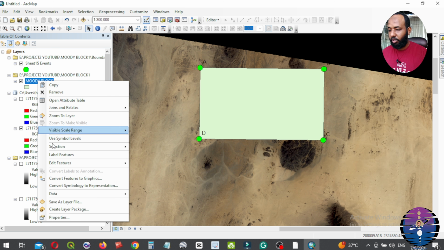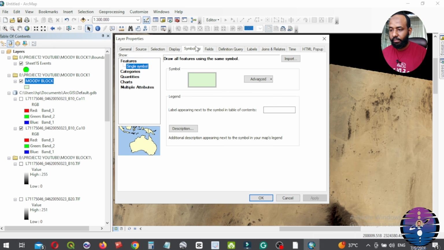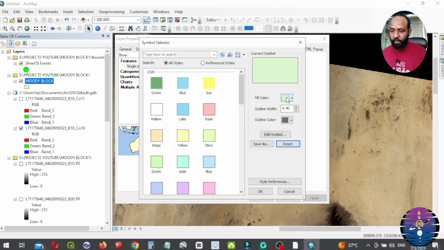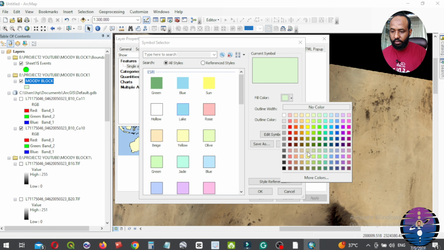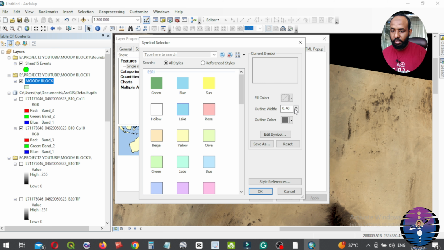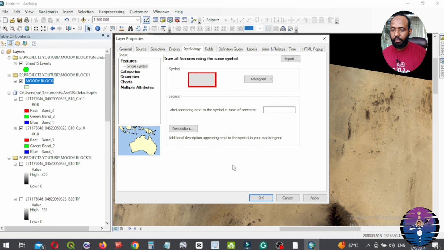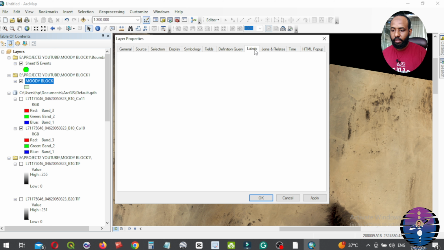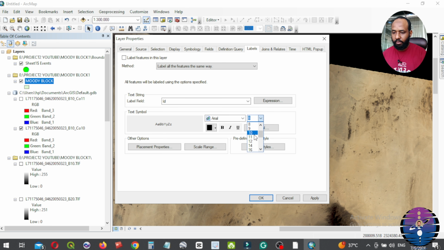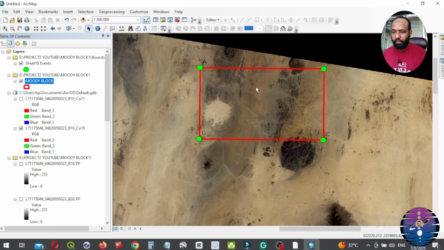Here, right click, Moody block, properties, symbology. We can make it no color. Borders, outline borders, for example red, thickness 1, 2, 3. OK, labels also, make it 11 for example, apply. Okay, you see,